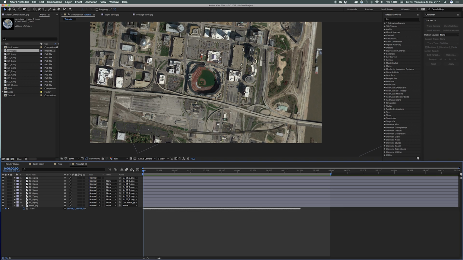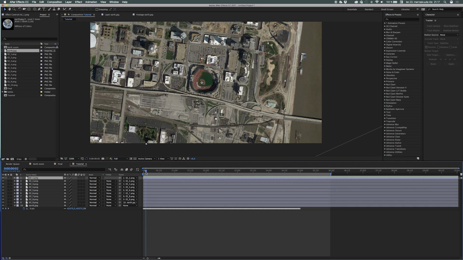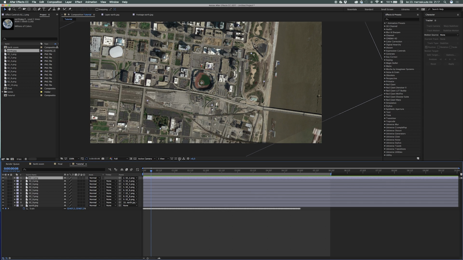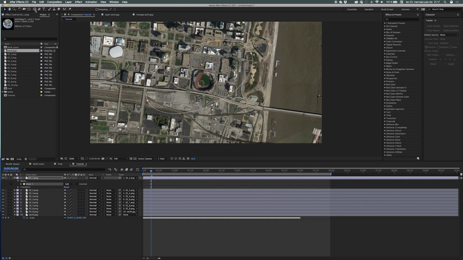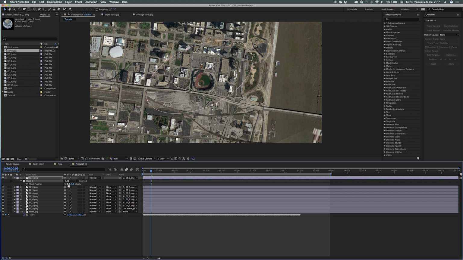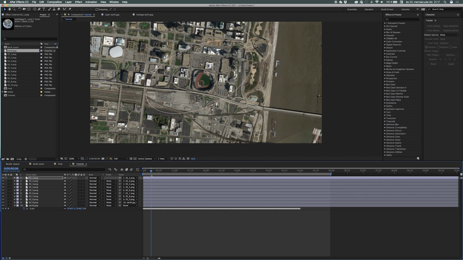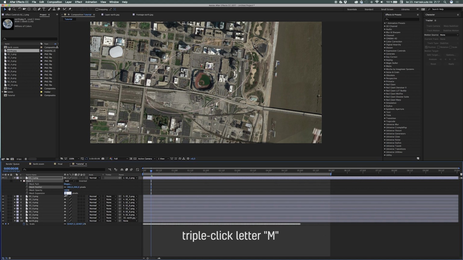The next thing to do is to make them blend into each other, because there can be some sharp edges. We don't want that. So let's go to the toolbar, to the ellipse tool, and double click on the first layer to create this elliptical mask. Then get some feathering, something like 200 pixels. Go to the mask properties and set the mask expansion to -250 pixels. And then what we're going to do